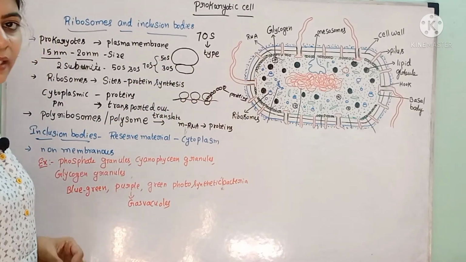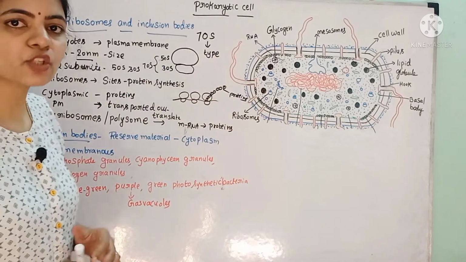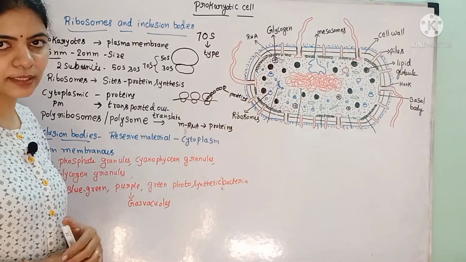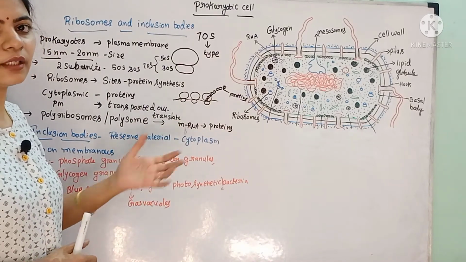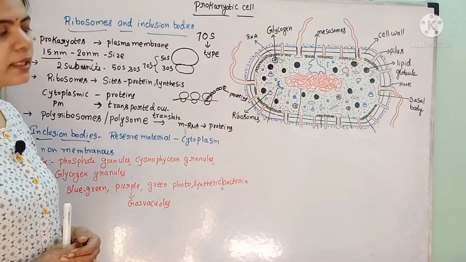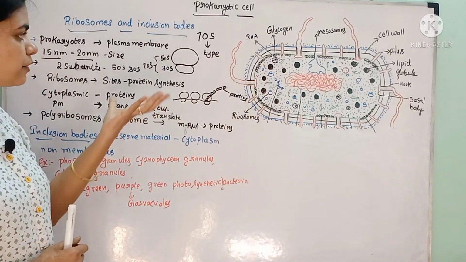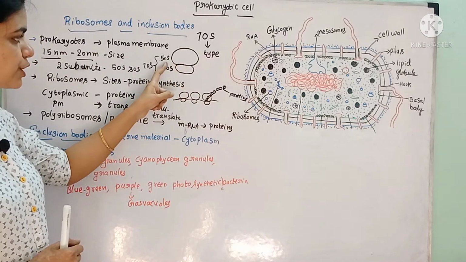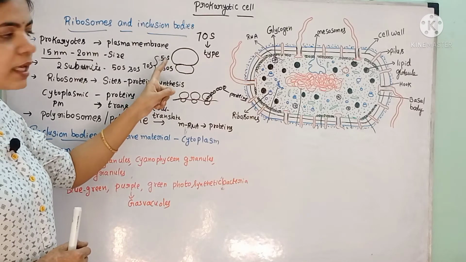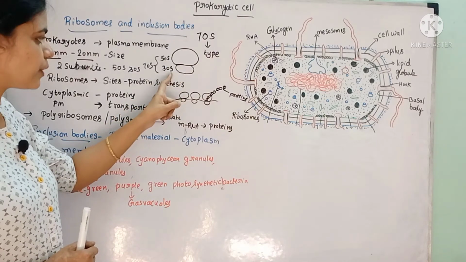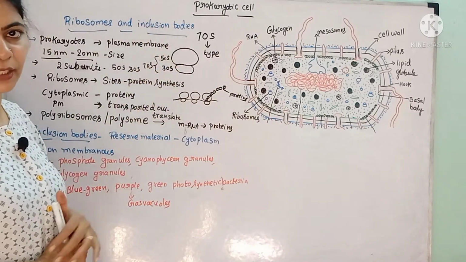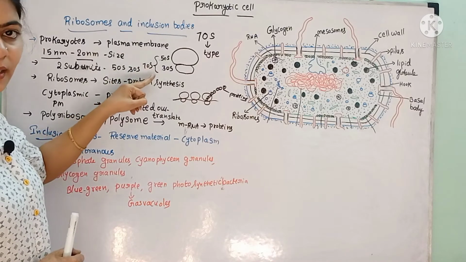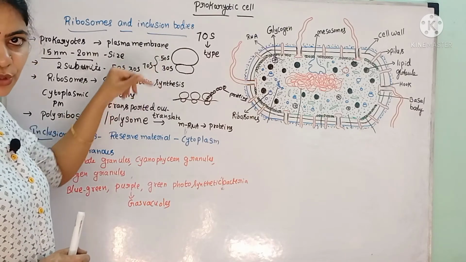But why are we saying 70S here? Here S means Svedberg units. Theodor Svedberg is the scientist who introduced that term, hence the name Svedberg units. In centrifugation machines, if we sediment these ribosomes, the larger subunit sediments at a sedimentation coefficient of 50S, whereas the smaller subunit sediments at 30S. If these two are sedimented together, they sediment only at 70S. That is why we say 70S. We need not sum up these two.